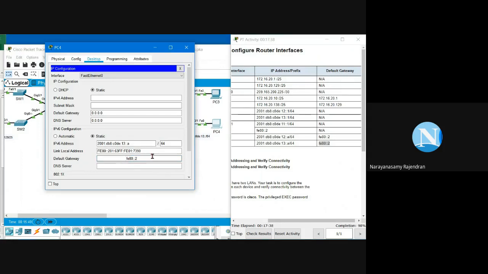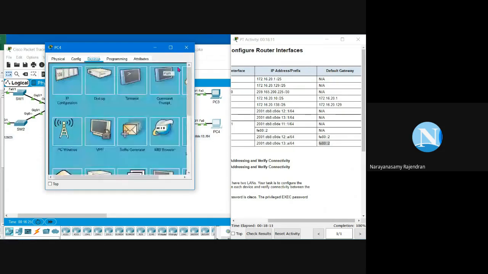If it is pasted in the middle, just take it to the left corner. Okay, done. Invalid gateway entered. Enter manually FE80::2. Done. Sometimes when you copy paste, some kind of errors will come. So avoid copy pasting and type manually, like how I did here. Okay, done. So now we reached 100%.